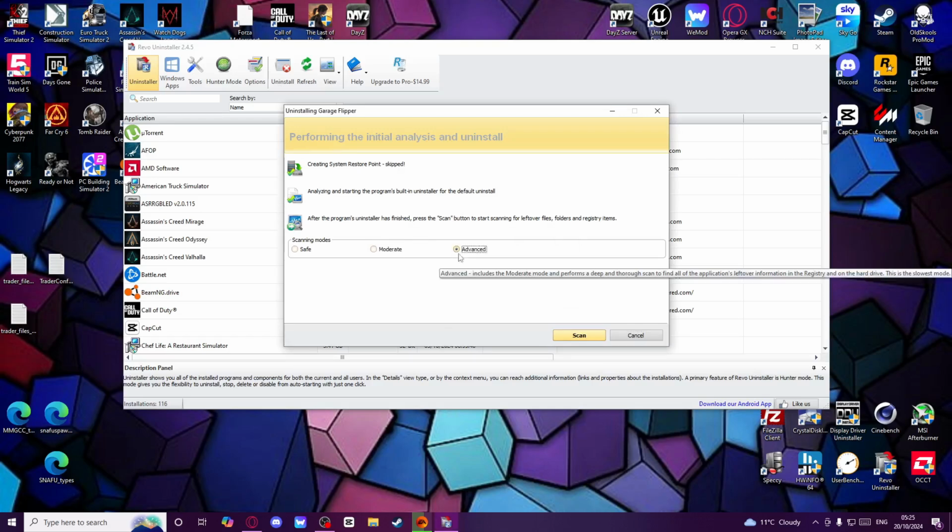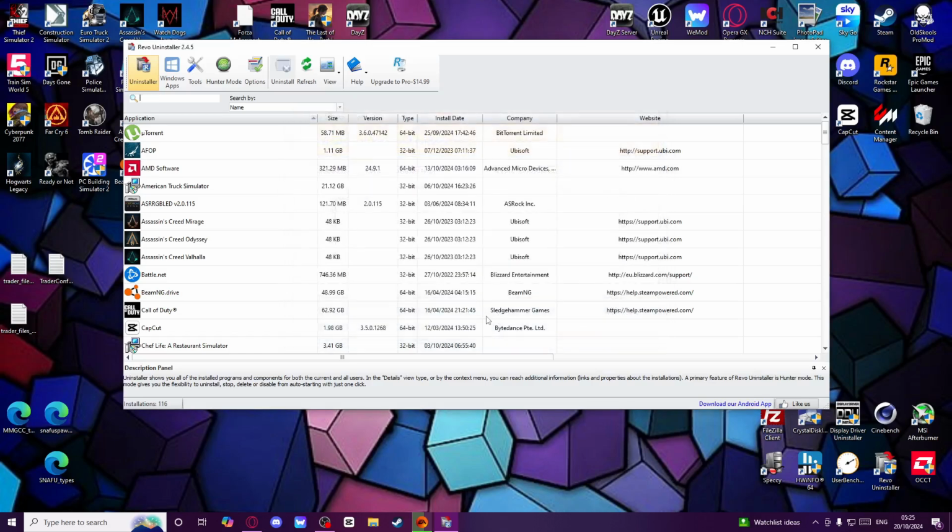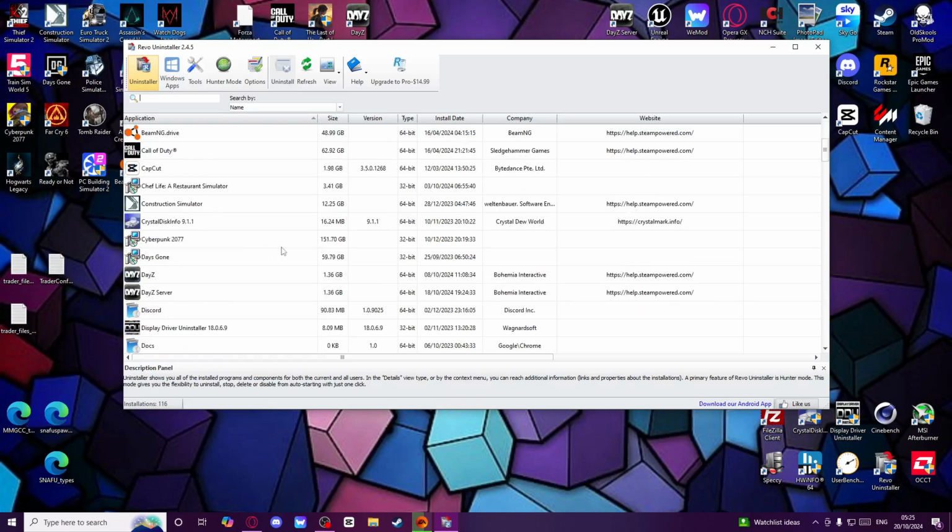But then if you make sure advanced is ticked and you tick scan, let it scan through your system. So it hasn't found a lot for me because I didn't play a lot of that game, but it's basically left a file in my C drive. So what I would do is select all, hit delete, get rid of that, and then if I go on something else,